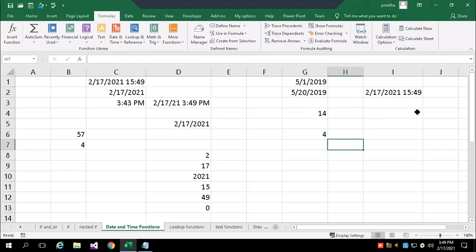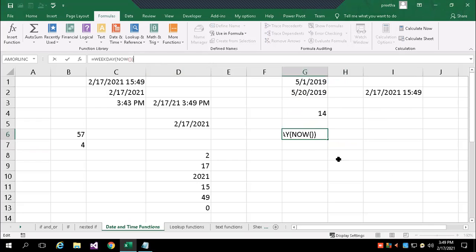And the last function with date and time is called WEEKDAY. It gives the weekday number, starting from Sunday, Monday, Tuesday, Wednesday. So here it is 4. According to today's date, we are on the 4th day of the week. Okay.